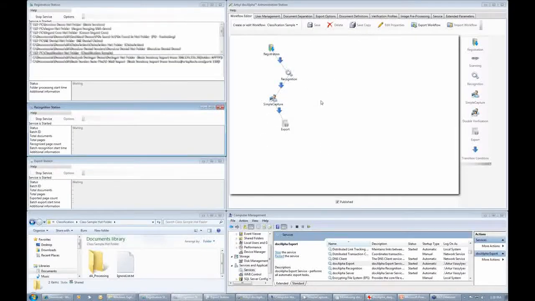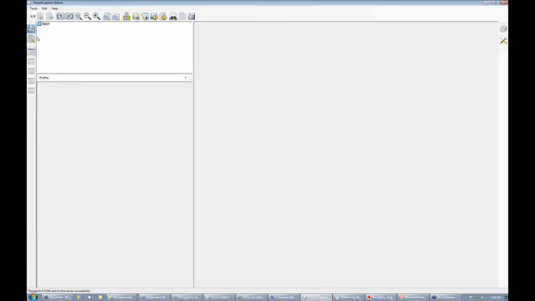Well, the next step in my workflow is an operator-based station, the Simple Capture Station. So I'm switching my interface to Simple Capture Station. I'll give it a couple seconds so your screens can refresh. And you should be able to see